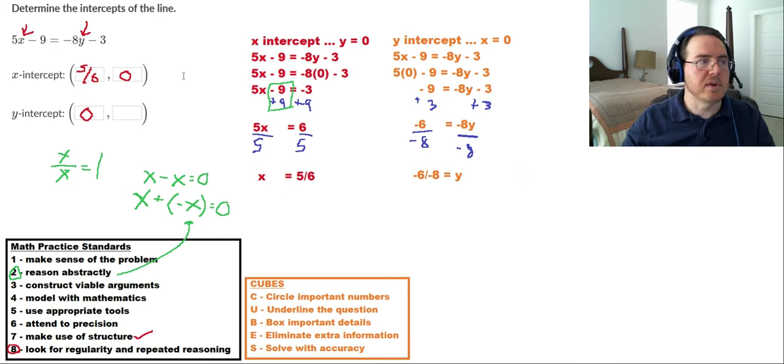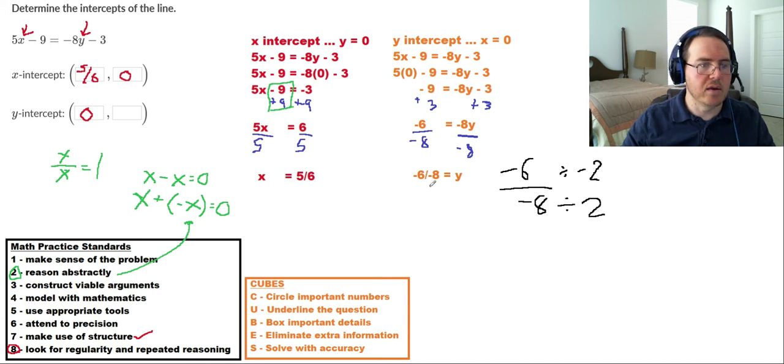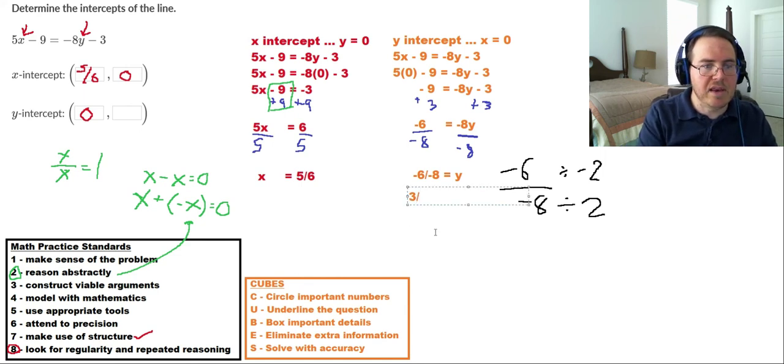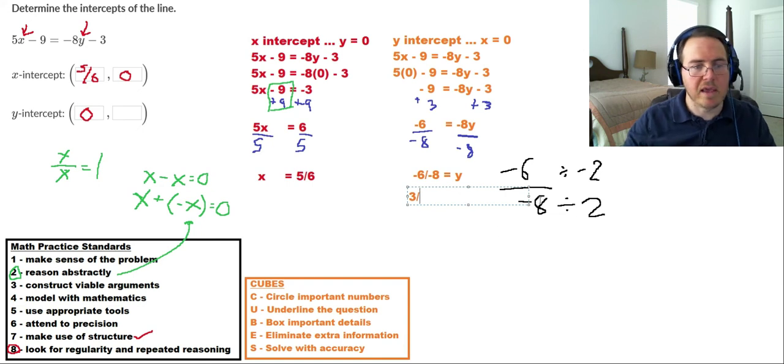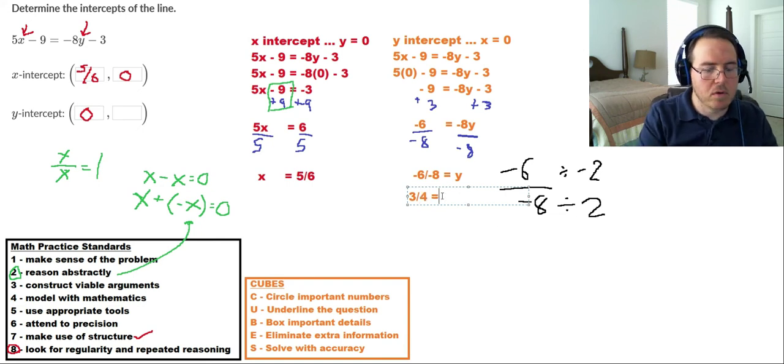If I want to write that down, yeah, let's write that down. So this is negative 6 over negative 8. They can both be divided by a negative 2. We all love negative numbers. So that means that our new answer, the simplified version, would be negative 6 divided by negative 2 is just 3. Negative 8 divided by negative 2 would be 4.